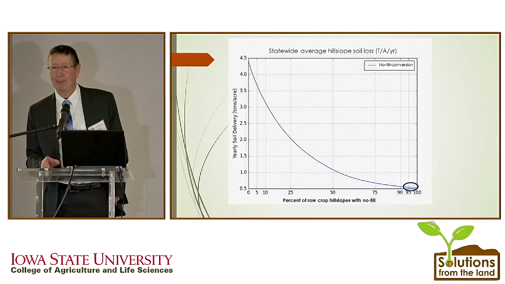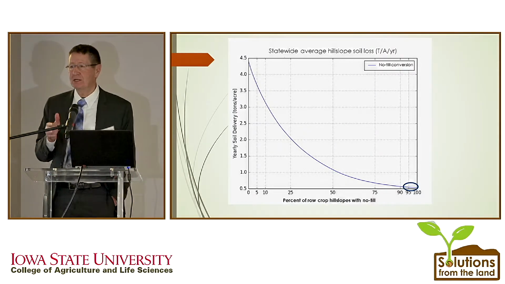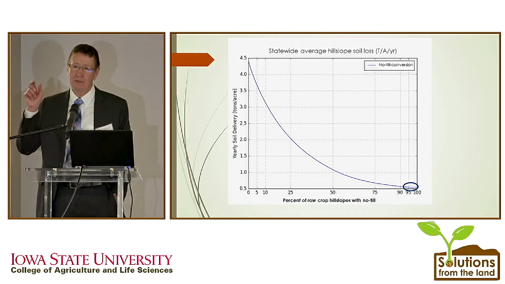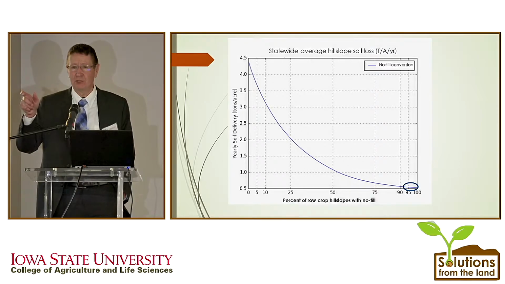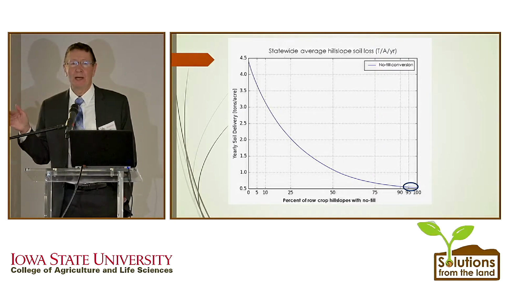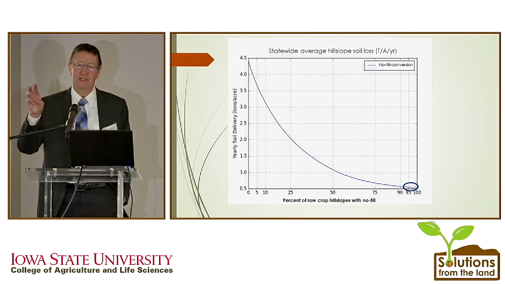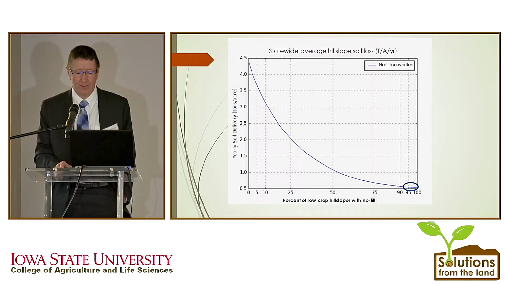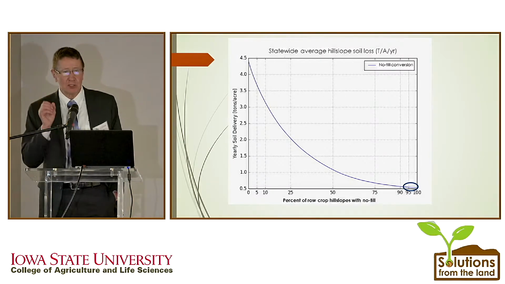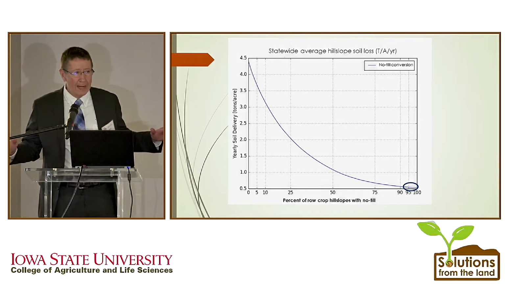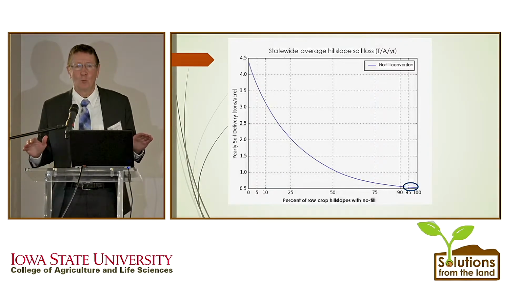Kind of an academic looking slide. We've asked the question, we started sequentially, if we put no-till on the most erosive HUC 12, that's a watershed about the size of a township, what would the statewide soil erosion rate be? And then we go to 2 HUC 12s, 2 watersheds, 3, until we're all the way through, until the bottom right-hand part of that slide is our soil erosion rate statewide if no-till was implemented on all row crop fields